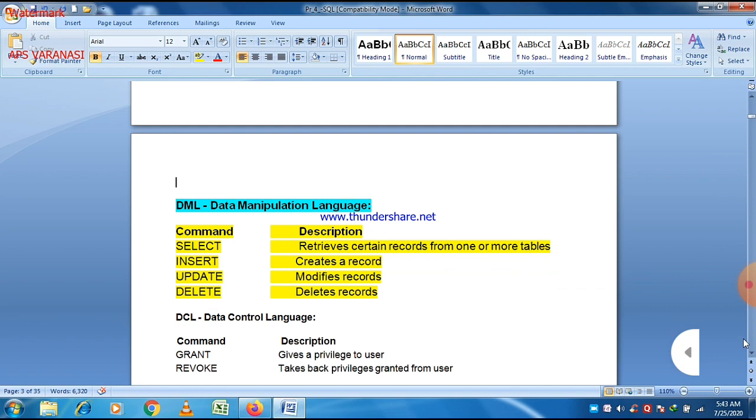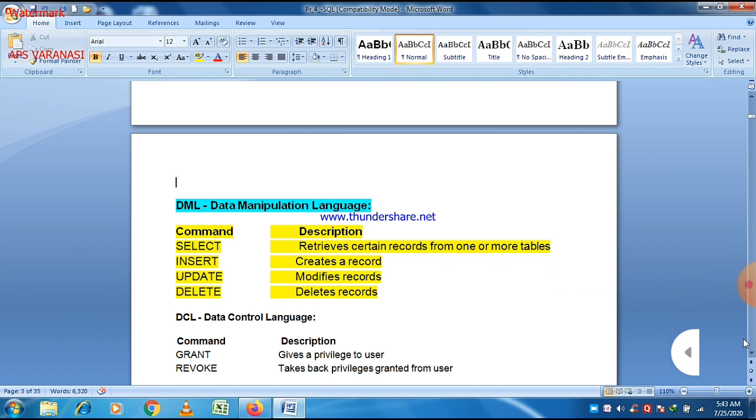Now there is a question regarding the update table command: what is the difference between the update command and the alter table command? I told you earlier that the alter table command is a DDL statement, while the update command is a DML statement. Using the alter table command, a user can alter the structure of a table. It means he or she can add a column to a table first. Second, he or she can delete a column from a table. And third, using the alter table command, the user can change the data type or the size of a column.